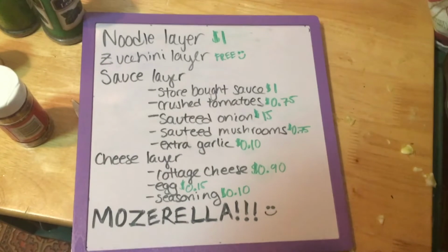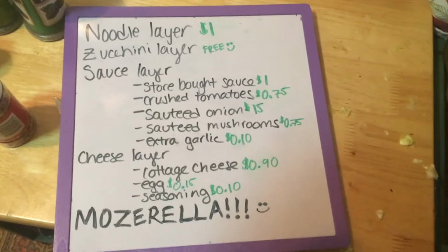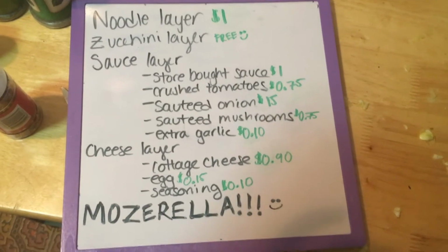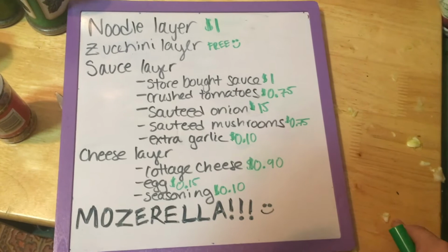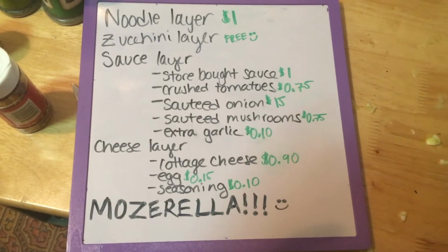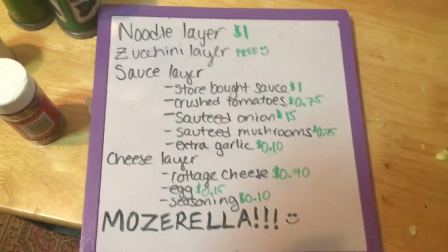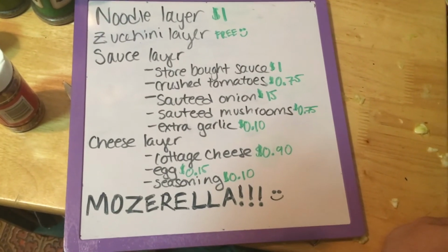I used half a box of lasagna noodles, so it was about $1. I got my zucchini for free, like I said, out of my uncle's garden, but that's a fairly affordable vegetable at the grocery store. I used most of a jar of pasta sauce, 1 large can of crushed tomatoes, a sauteed onion, that should say 15 cents, not $15. The mushrooms I bought on sale for 89 cents, that was a really good sale, that's why I picked them up. I already used a couple of them in a pizza earlier, so about 75 cents worth of mushrooms,